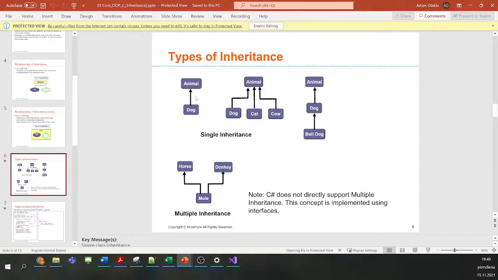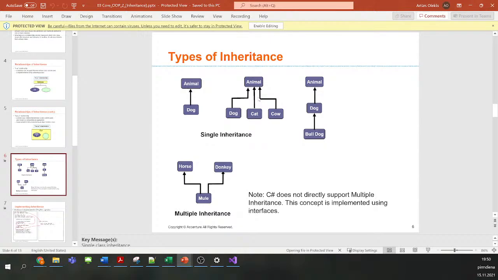When may this approach be needed? Usually it is needed when two classes are used separately, and then we just define one subclass which simply extends the properties of the superclass. So in this case, these two classes are used separately, and the need for the subclass is that we want to extend something from the superclass.